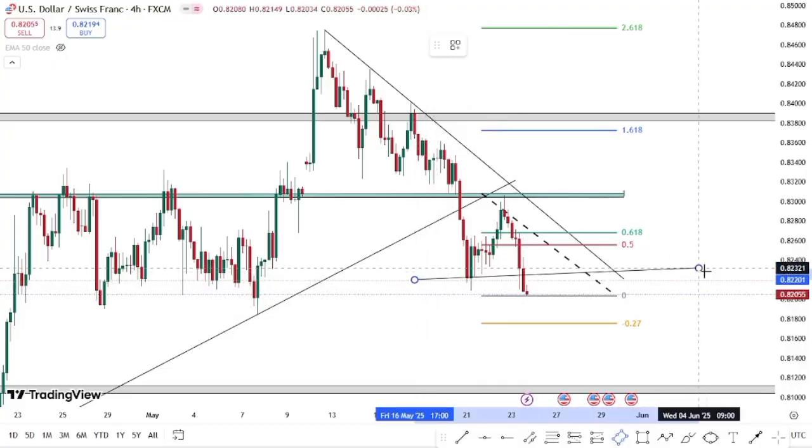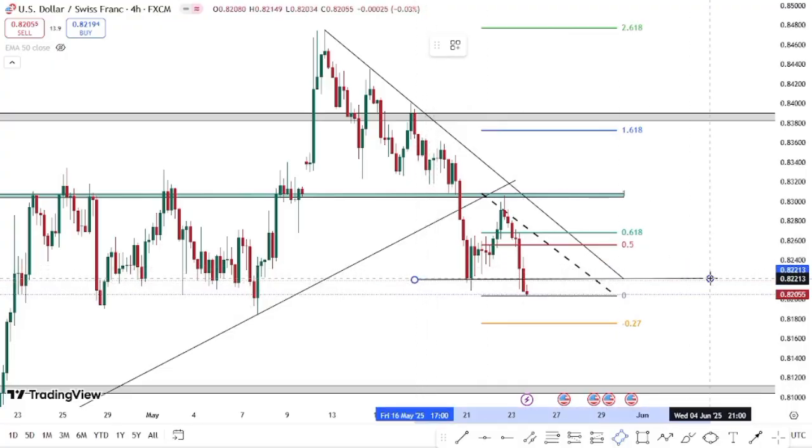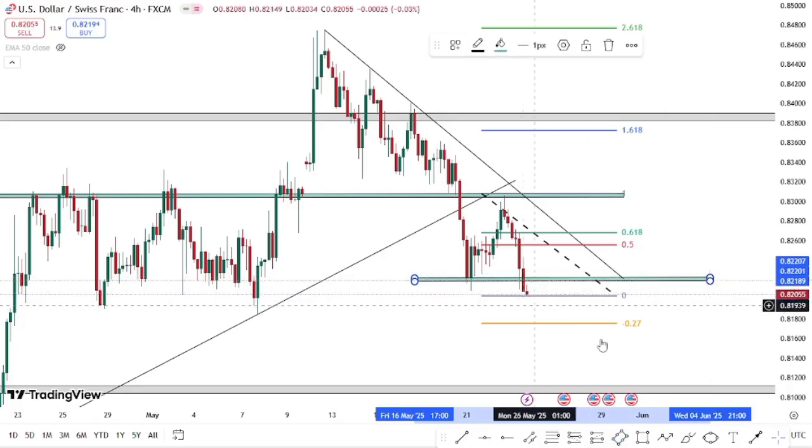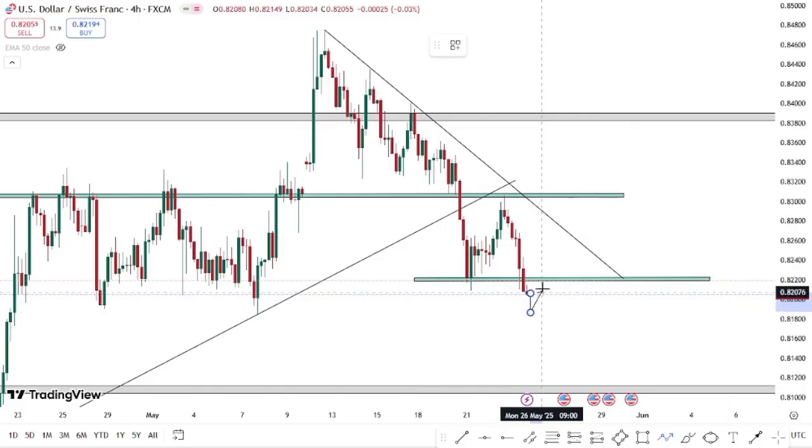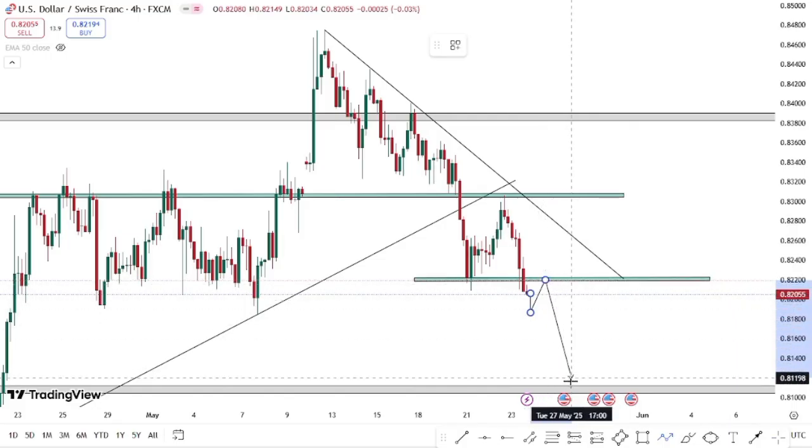I do not fancy this type of entry, guys. But if price should continue dropping, for those that will be interested in taking the trade, you wait for a kind of tiny pullback. Maybe price will want to drop a little bit, make a tiny pullback, then boom, all the way to this